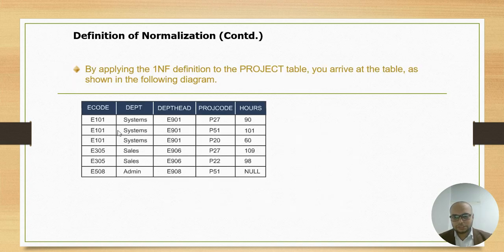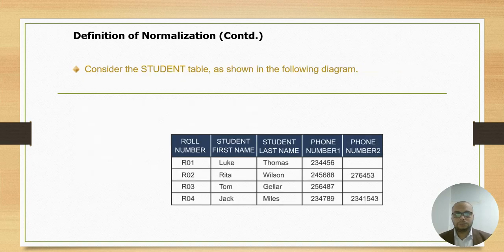But once you make it first normal form, each value is going to fit into individual rows, as you can see, individual tuples. Tuple means row, row means tuple. I have already explained about it. So